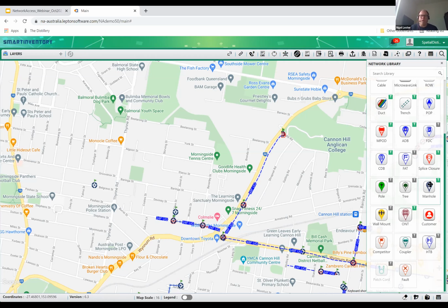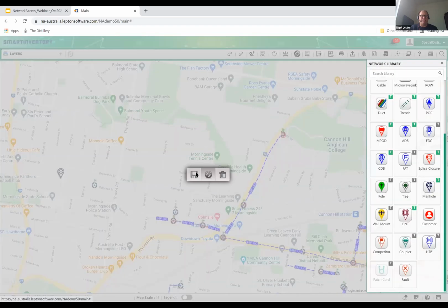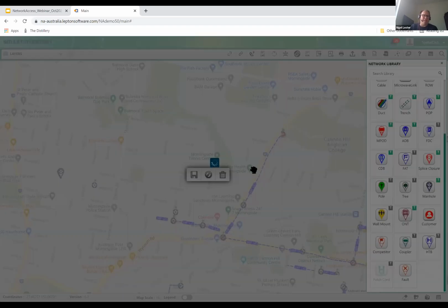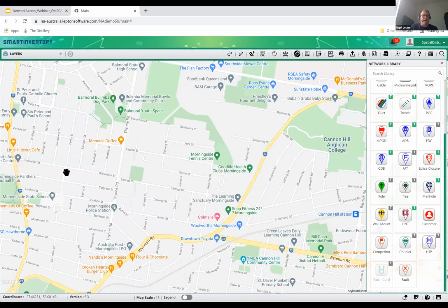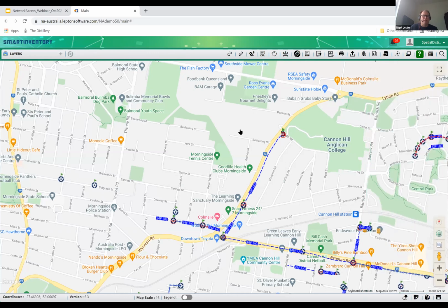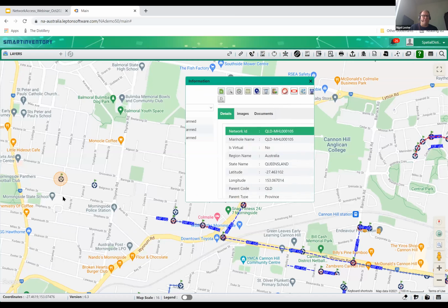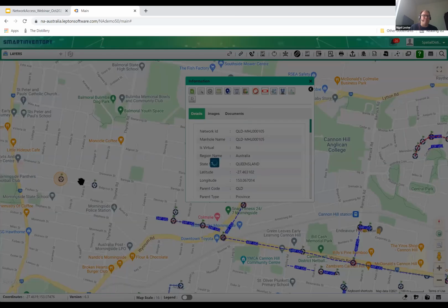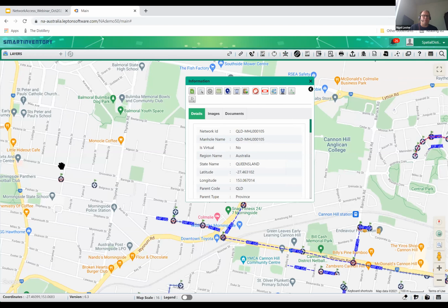So what we can do is we can just drag out a manhole, and we can drop a manhole in a location. I'll just position that there. I'll just save that. That's now saved, committed back into the database. If we wanted to then run a few more manholes really nice and quickly, what we can do is we can just jump onto that manhole. We can say we want to clone it, use the same manhole type. Clone it, put another manhole there. And then we'll just save those.